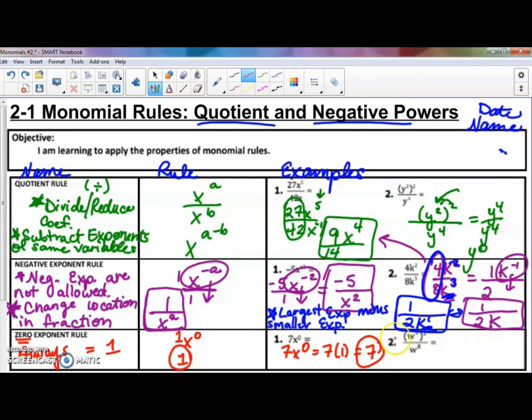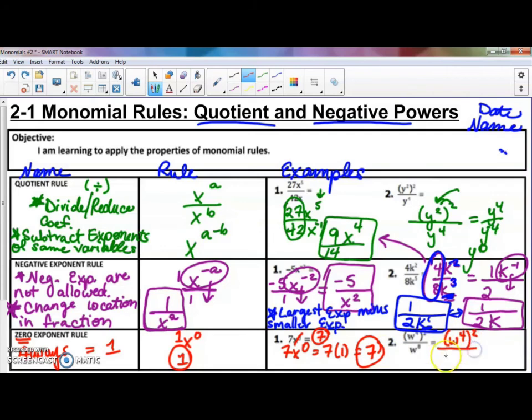Another way to think about that one is just to say if you have x to the 0 power, that means you have 0 x's, so that just leaves you with 7. And you get the same answer no matter which way you think about it. Monomials are pretty cool like that. You can think about them different ways and you still end up with the correct answer,